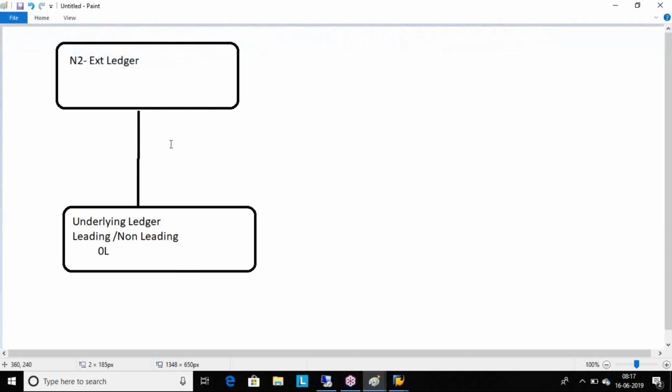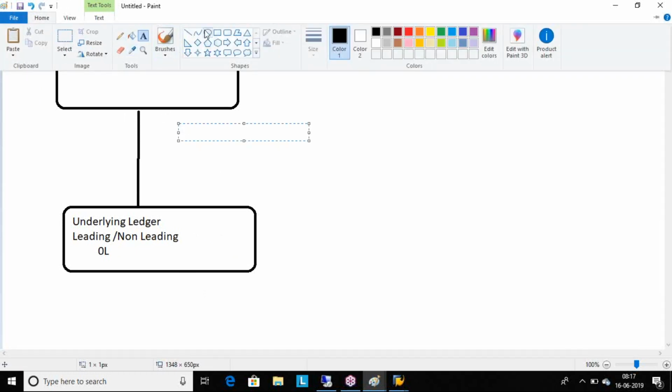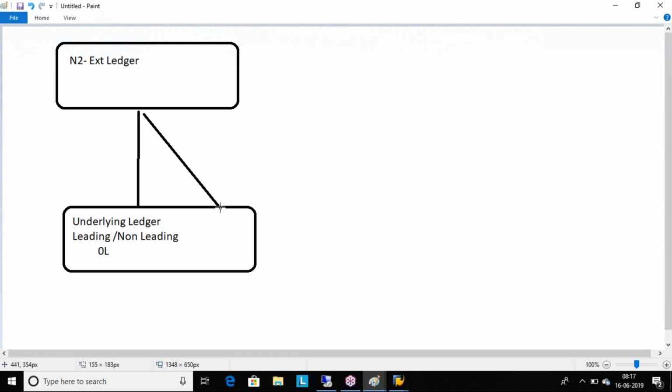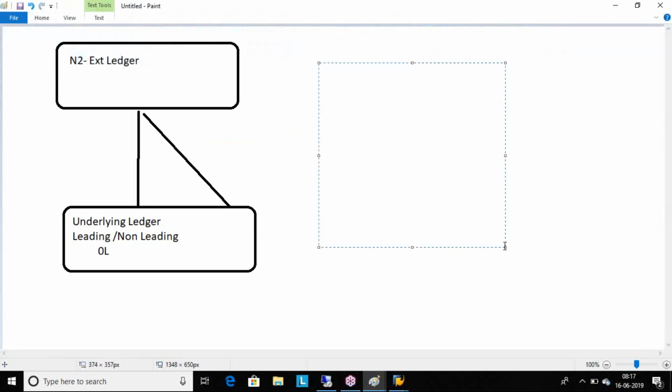Okay, and directly you are not going to post anything to the extension ledger. In some scenarios we can, but when you are going to post the transaction, you will post a general transaction. So the benefit here is, if we are going to post a general transaction, suppose in this case we have activated three ledgers, 0L, N1